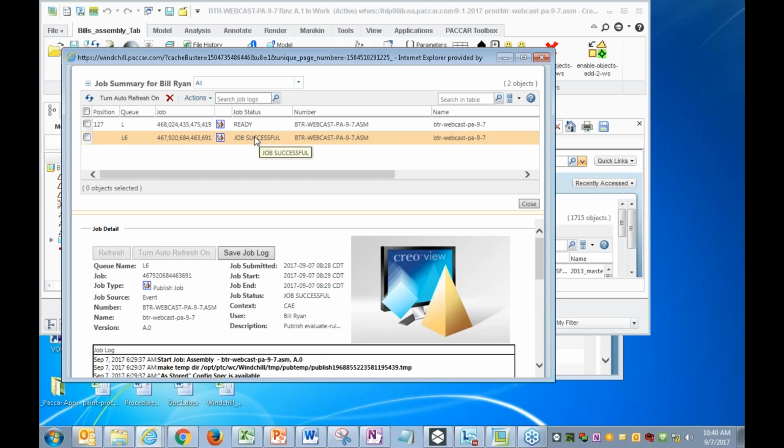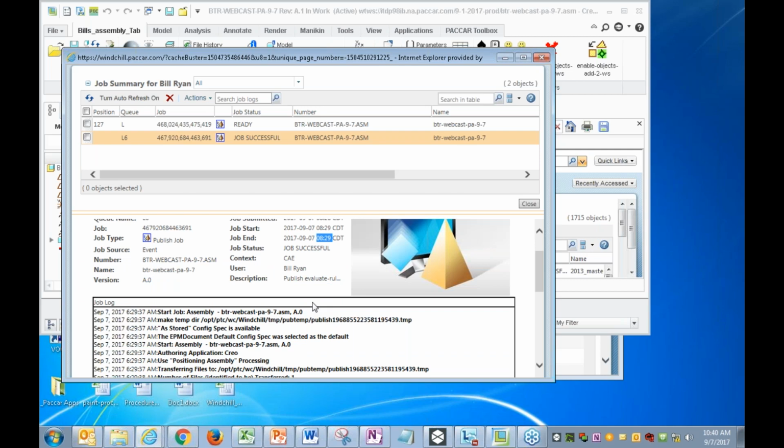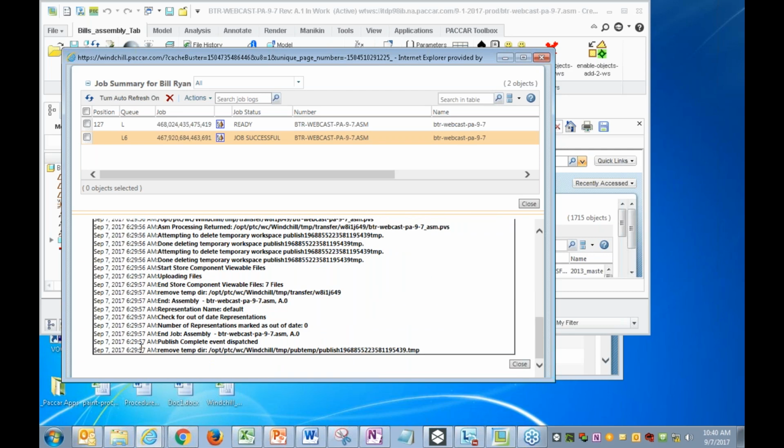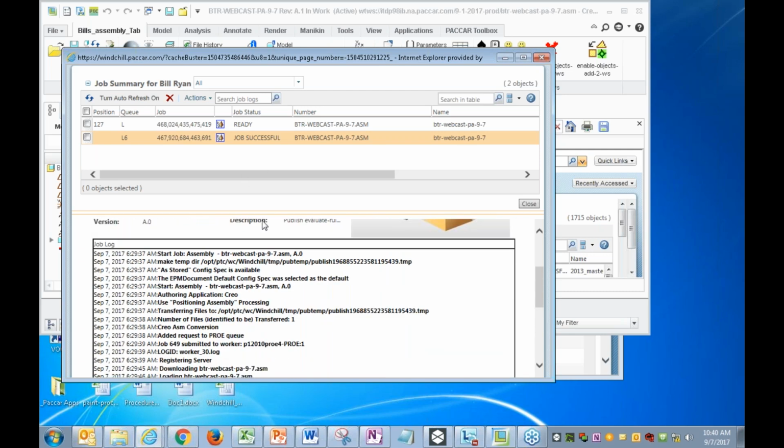And here, I published this earlier just for this purpose, to show people the statistics. So earlier this morning I checked it in at 8:28, and it started processing at 8:29, and it finished within that same minute. So an example, it's 6:29:37, and then 20 seconds later, it was all complete. So 20 seconds to publish positioning assemblies, and it ranges between 8 and 25 seconds almost for every positioning assembly